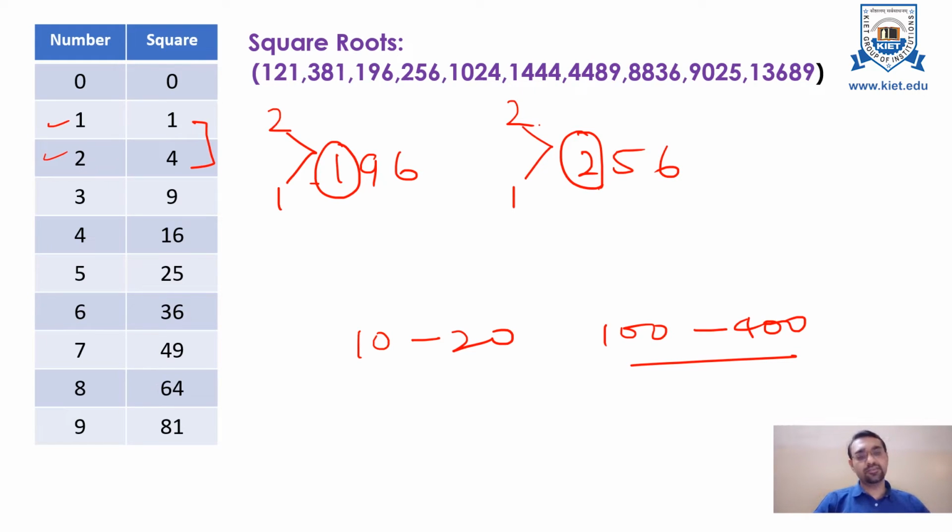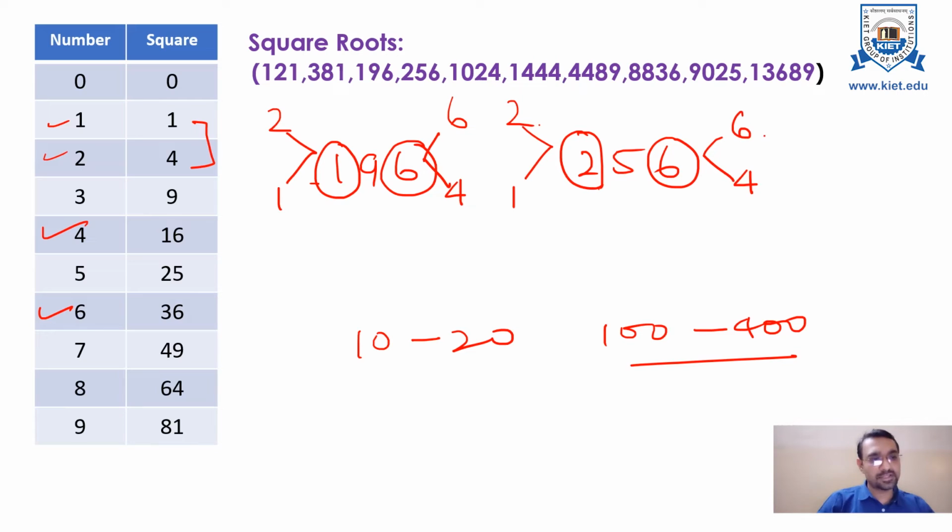Okay, next we will try to find out the unit digit of the number. So here is the 6 and again here is the 6. How will you get the 6? You will get 6 by squaring the 4 or by squaring the 6. So the unit digit of the number can be 4 or 6. Similarly for this number the unit digit can be 4 or 6. Okay. So the range of the square root is between 10 to 20, and the unit digit is 4 or 6. So only 14 and 16 are two possible numbers.